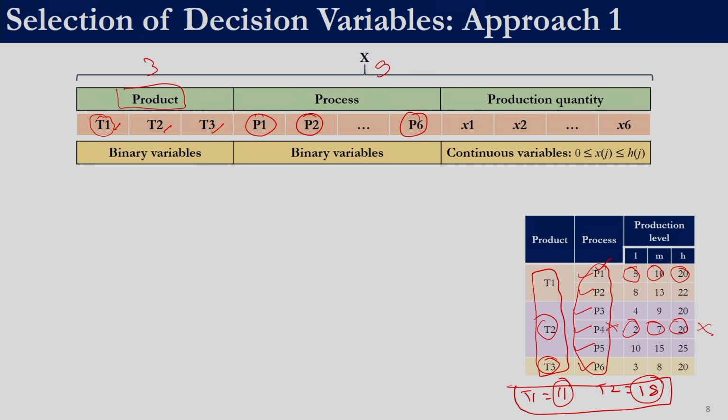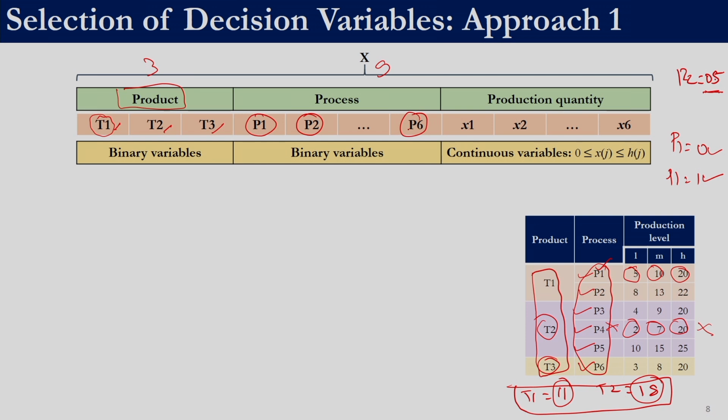So we have defined variables which are binary variables. Those variables can take only 0 or 1. It cannot take any value in between 0 and 1, it cannot take a value of 0.5. It has to be either 0 or 1, because if I say P2 is equal to 0.5, it does not help me to infer whether the process is selected or not. So, P1 is equal to 0, we will say that the process is not selected, P1 is equal to 1, the process is selected. So, if it is 0 or 1, we can decide whether the process is being used or not. So, it should not contain continuous values, it has to be either 0 or it has to be 1. So, again this is not sufficient, we also need to know what is the production quantity.